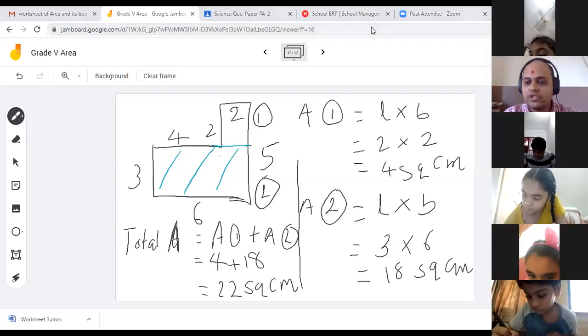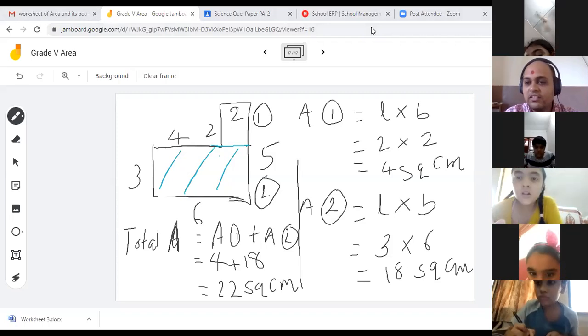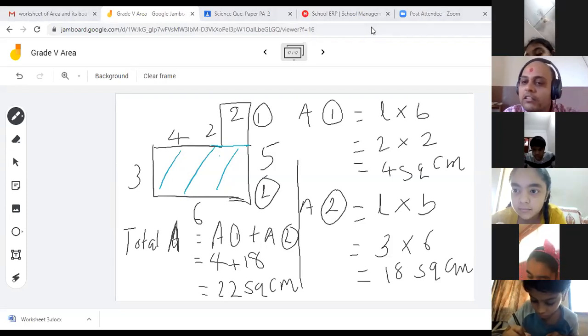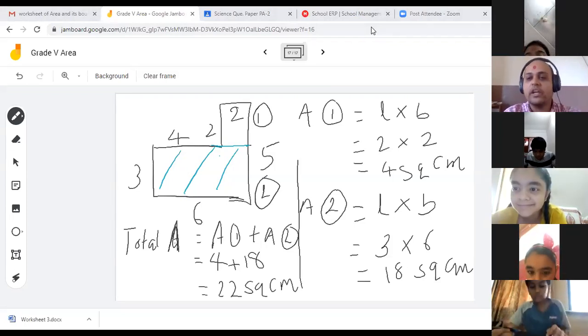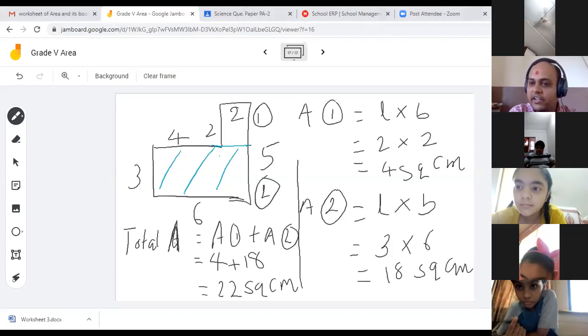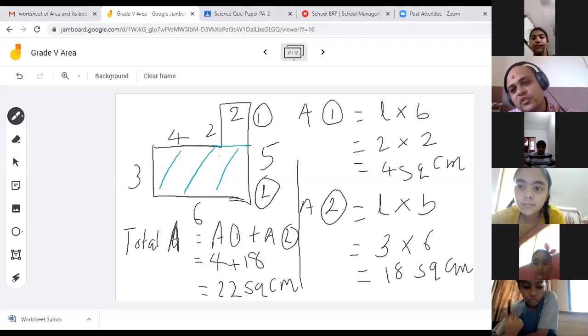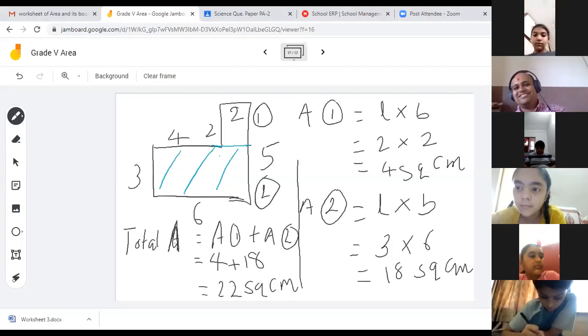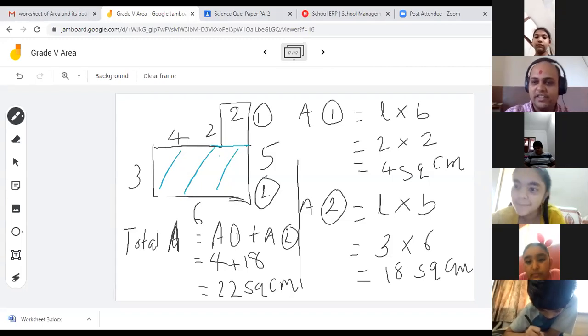Okay, yes Dhani, what was your question? Bolo beta. Sir, I can't understand. Which part? Which one? This one, okay. We had a shape, right? Out of this shape, we made two rectangles, right? This is rectangle 1, this is rectangle 2, okay? And then finding area of rectangle is very easy, length into breadth. So we find area of two parts and then add them together. So we get area of the whole shape. Easy? Okay? Very good job.